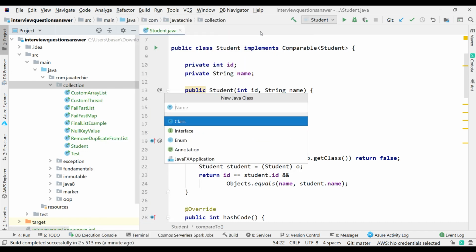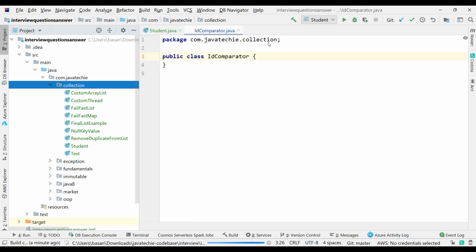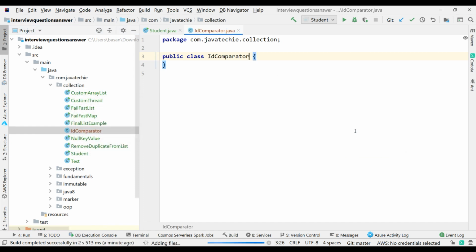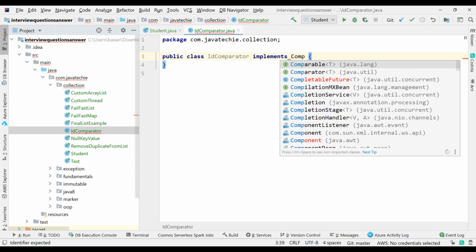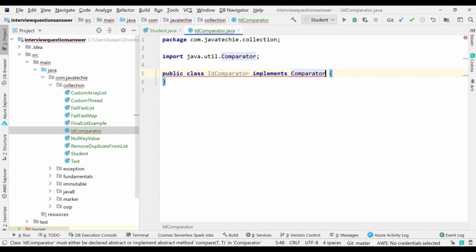Let's say I created a Java class called IdComparator. Then I just implement Comparator and pass the object as Student. I just want to make it generic.